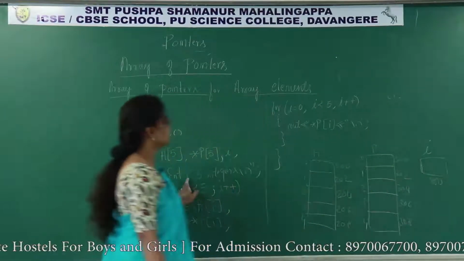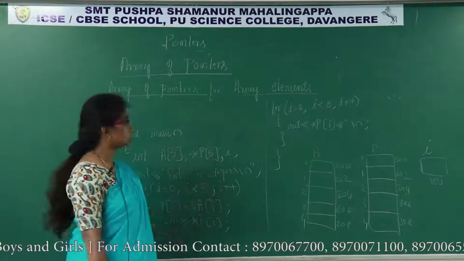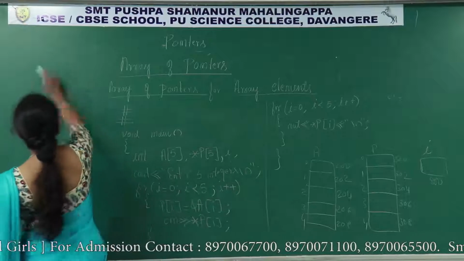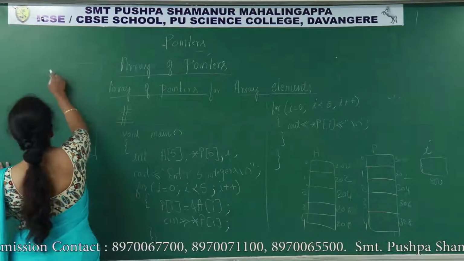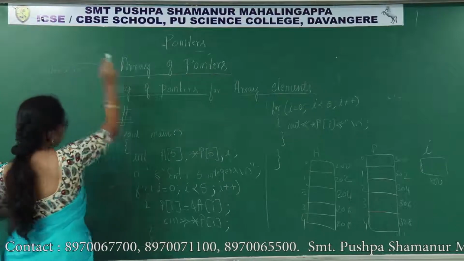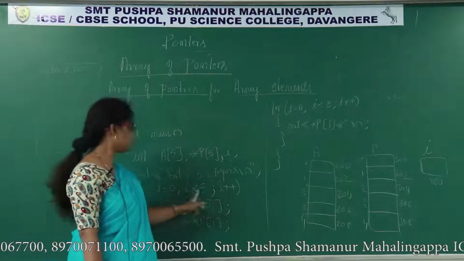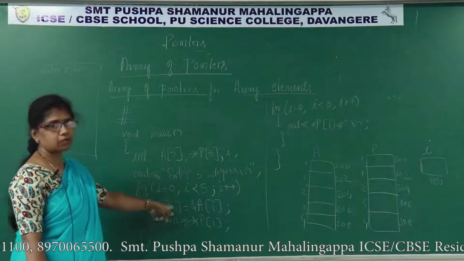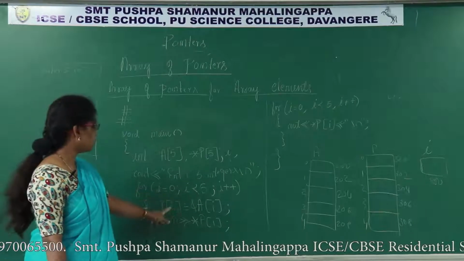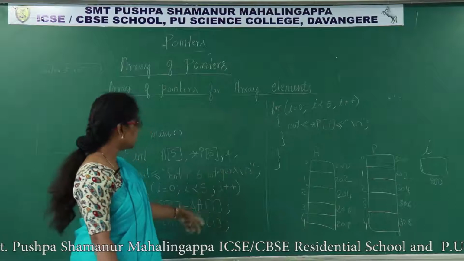Now the statement will be displayed on the screen. Enter 5 integers on the output screen. I will write the output screen here. Enter 5 integers. After that I is 0, 0 less than 5 condition is true. It enters the loop. P of 0, I is 0 now, so you have to substitute that value here. P of 0 is equal to ampersand A of 0. What is there in the A of 0?